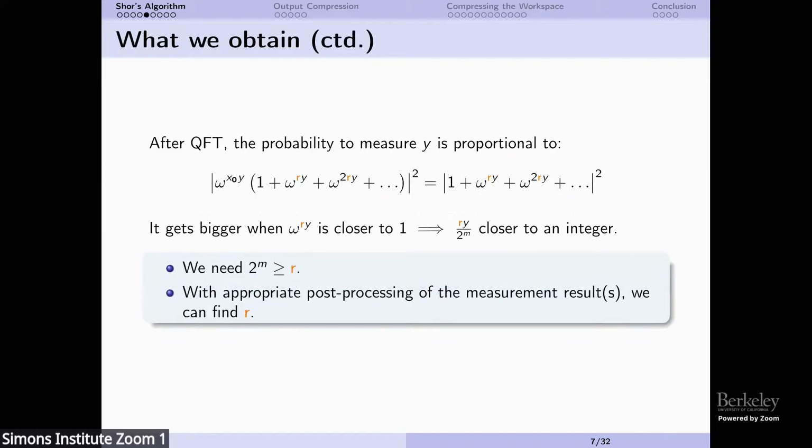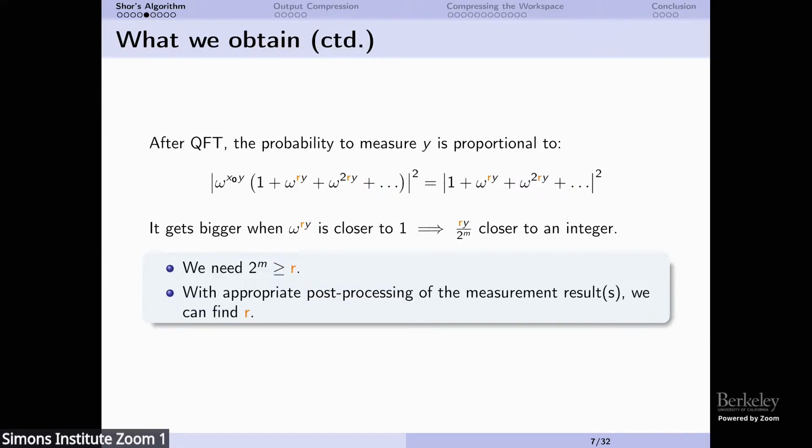But it doesn't need to be much bigger than that. And if you do some measurements, one in Shor's initial algorithm, multiple ones in some other algorithms, you can extract information about the period and you can find it with some post-processing. I will not talk about how we do the post-processing in these algorithms because it's going to be classical. As we know, everything classical is easy. But it's classical and easy, happens to be.